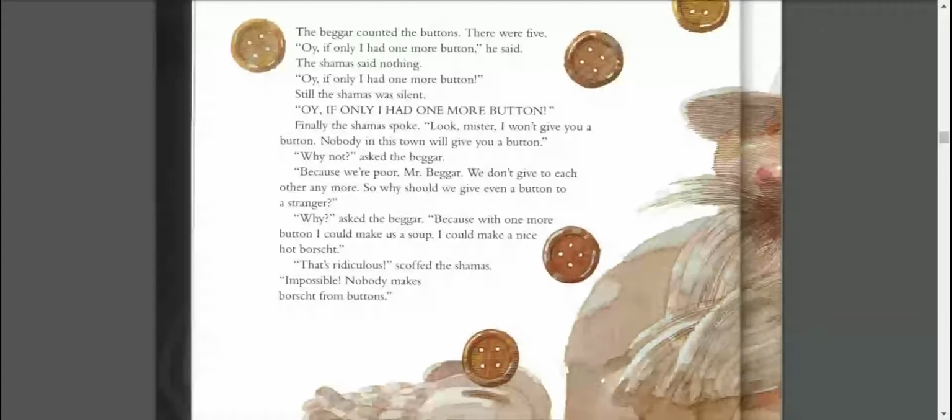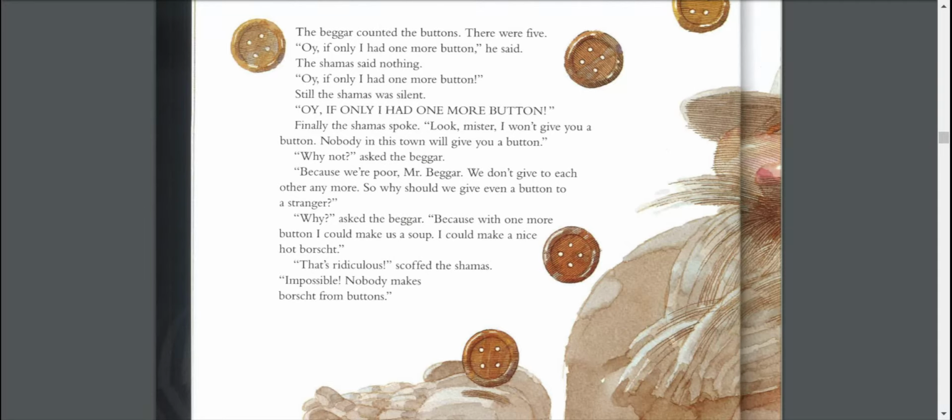The beggar counted the buttons. There were 5. "Boy, if only I had one more button," he said. The Shamas said nothing. "Oi, if only I had one more button." Still, the Shamas said nothing. Finally, the Shamas spoke. "Look, mister, I won't give you a button. Nobody in this town will give you a button."